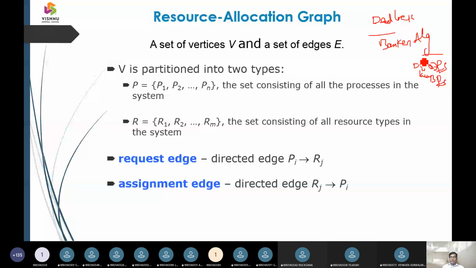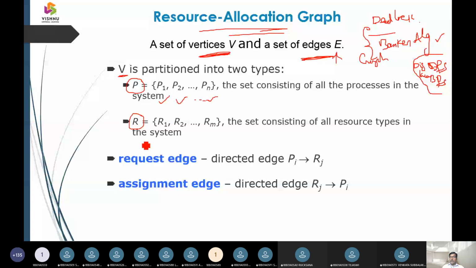All these aspects are going to be part of Banker's algorithm, in deadlock. For that it is going to represent a graph, mentioned with this resource allocation. So how is this graph represented? It is represented with vertices V and edges E. Then we are going to have these partitions. Processes are represented with P, given as P1, P2 up to Pn. Then they are going to have resources. Resources are represented with R1, R2 up to Rn like this.